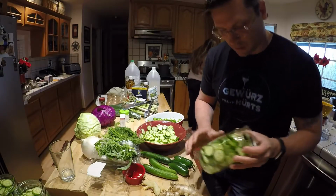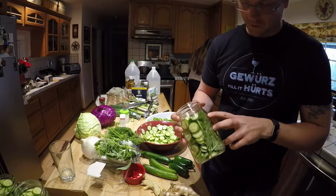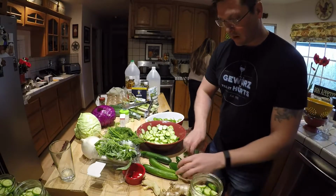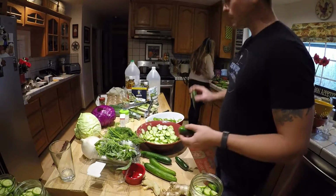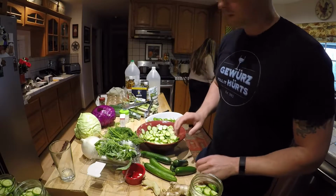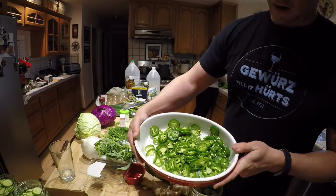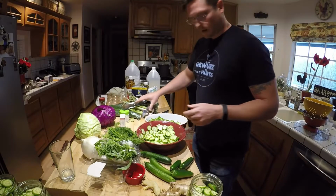Hey guys, all right, so I just loaded up another jar, still doing the pickle chips, the dill and the basil, garlic in there, but a couple of these I'm going to spice up a little bit. So also picked up a bunch of jalapenos right here. Cut them the same way on the mandolin slicer, and actually just through experience I'll tell you it's really, really useful to have that mandolin slicer to cut these jalapenos, because once you get them all diced up like this, that jalapeno juice can get really hot,